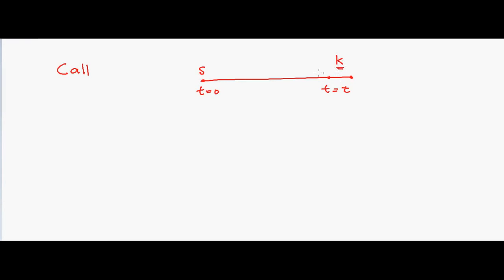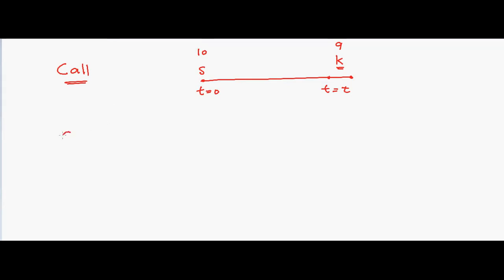Now if we look at what should be the value of the call, the first thing that will strike our mind is that it should be the difference between S and K. Why? Suppose the stock is right now at $10, and we want to buy the stock at $9 later, so we have to pay the $1 right now, right? So we have to pay the price of the stock. However, because we are paying the K at a much later stage, not right now, the time value of K also needs to be adjusted. So let's start with this.